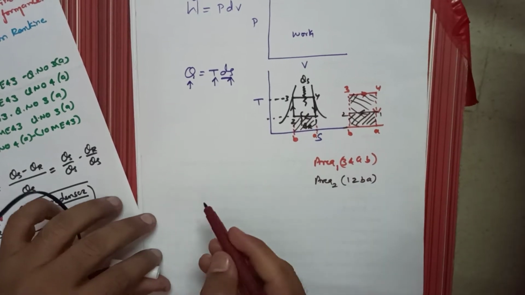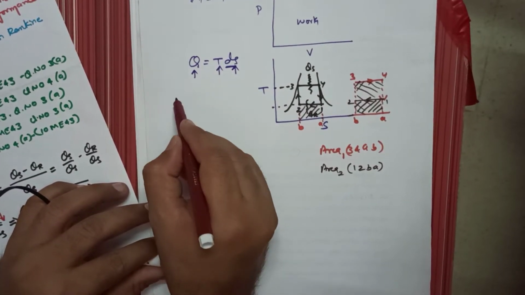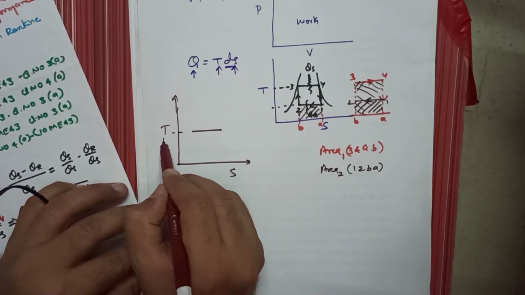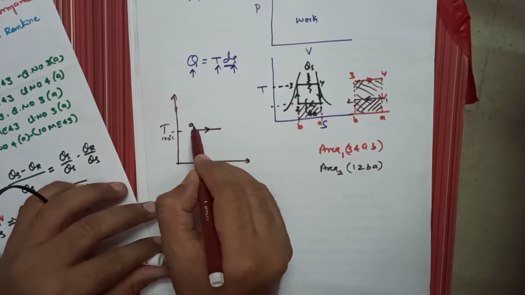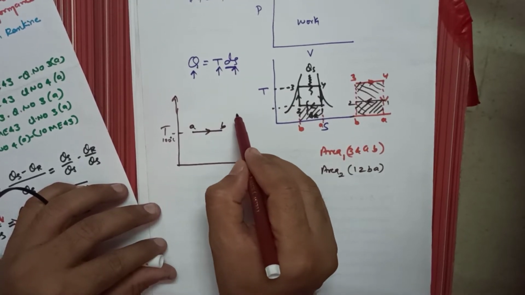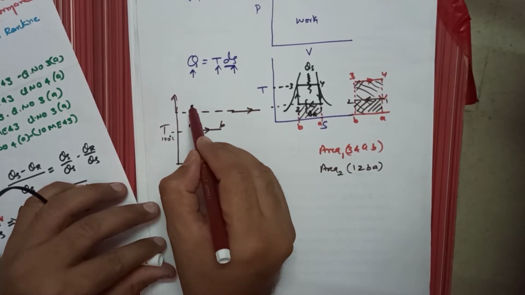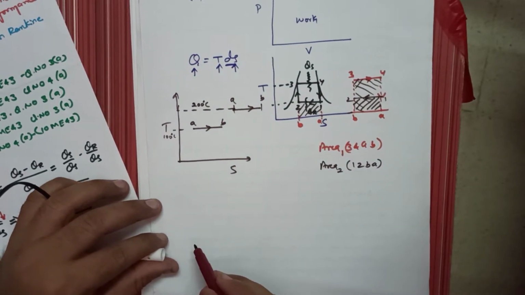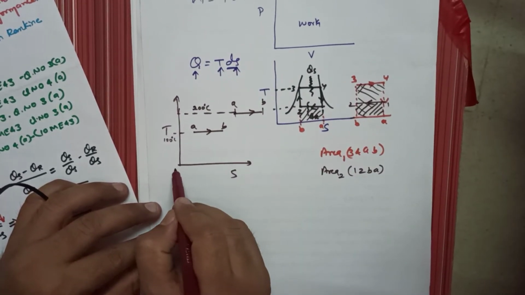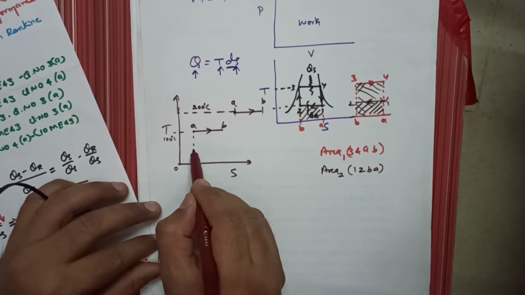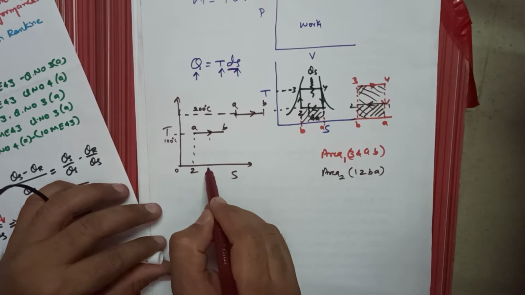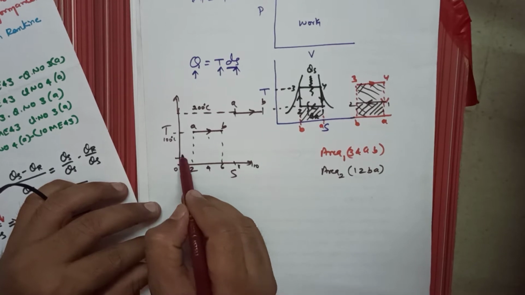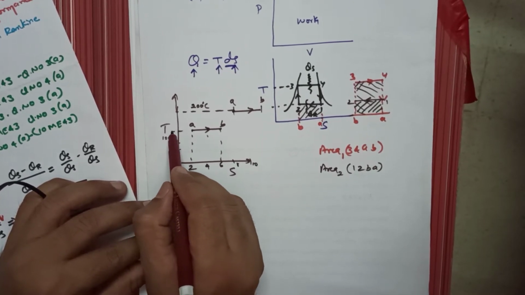So another example we'll consider. It will become easy for solving problems as well. So assume that this is one curve. Temperature is approximately 100 degrees Celsius. That is A to B. There is one more curve here. The temperature is 200 degrees Celsius. Here it is also curve A to B. Now if I ask you to calculate the area below A to B, here entropy is 0. Here it is 2, here it is 4, here it is 6, 8, 10 approximately. And temperature is 10 degrees, 20, 30, 70, 80, up to 100 degrees.